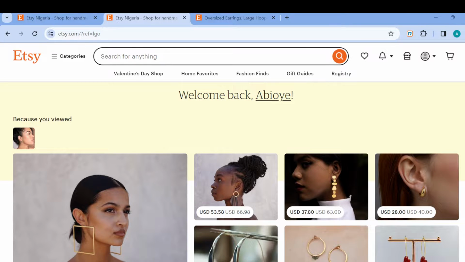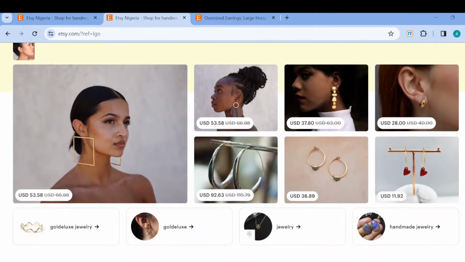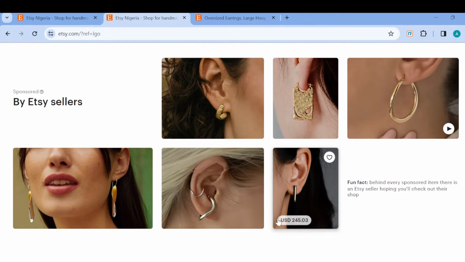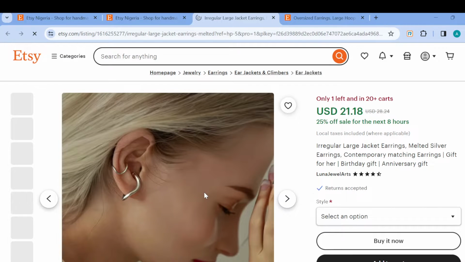displaying. And then for you to be able to report an item, you would have to select the item whose seller you'd like to report. So for me, I'll be selecting this item. Now, when I select it, you'll be directed to the listings page where you can see similar items to that, as well as